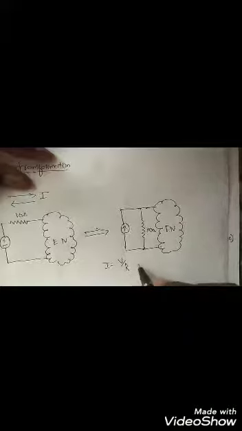So the value of the resistor remains same, 10 ohm, and this current value we can calculate by I is equal to V divided by R. That is, the value of voltage is 30 volts divided by resistance 10 ohm, that is equal to 3 amperes. Like this, we can convert the voltage source into a current source. So let us see how we can convert current source into voltage source.